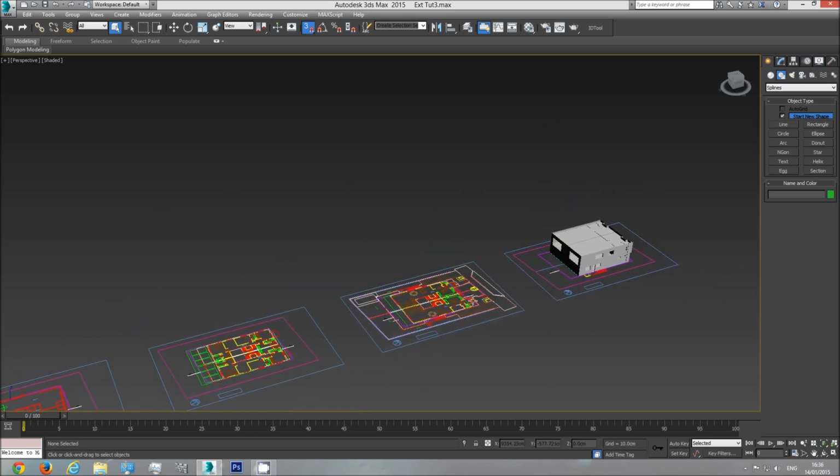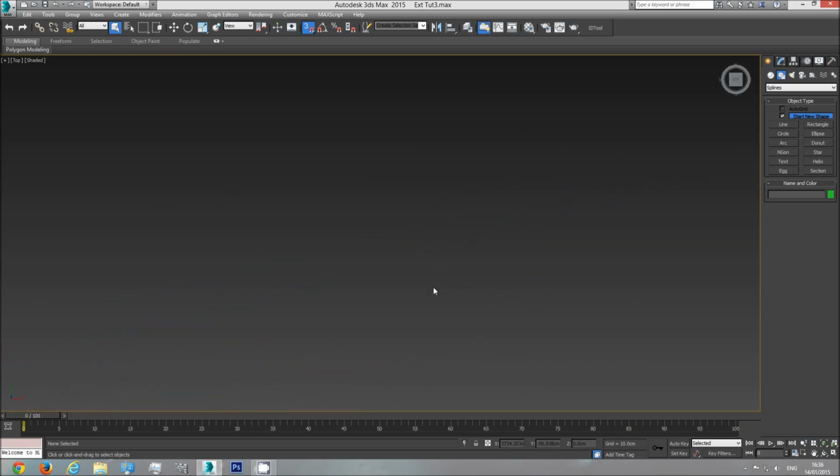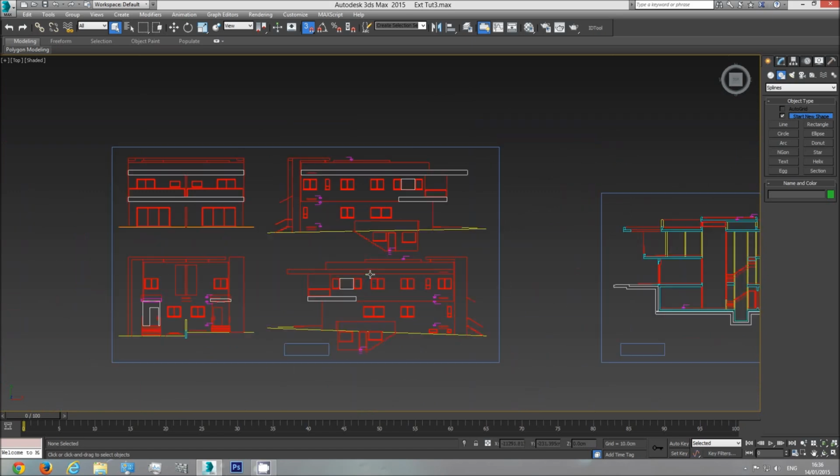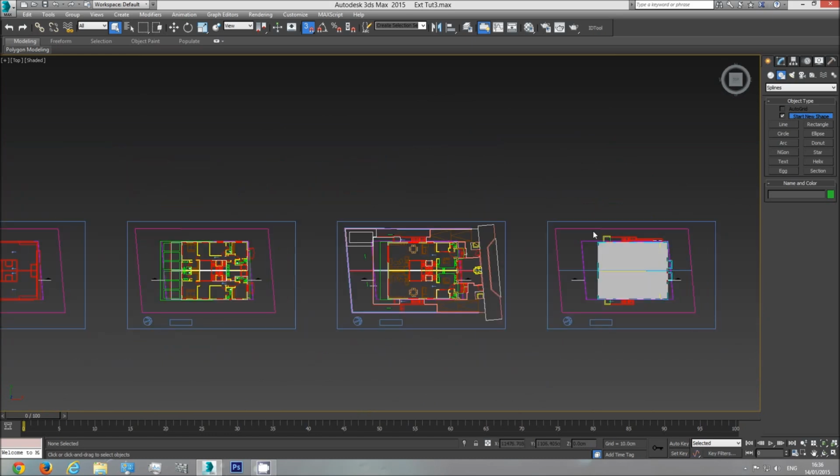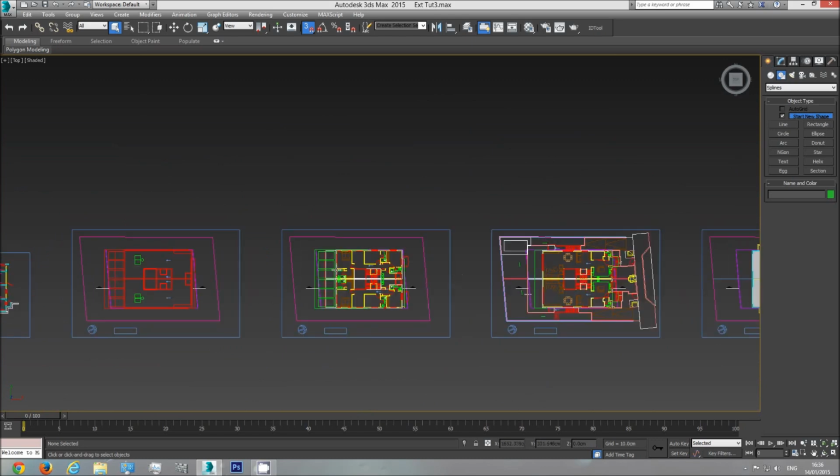And today we're going to learn how to create this floor, the second floor. In the previous tutorials we created the basement and the first floor. Now we're going to focus on this floor here. So before I continue with the same technique I used in the first two tutorials by going over